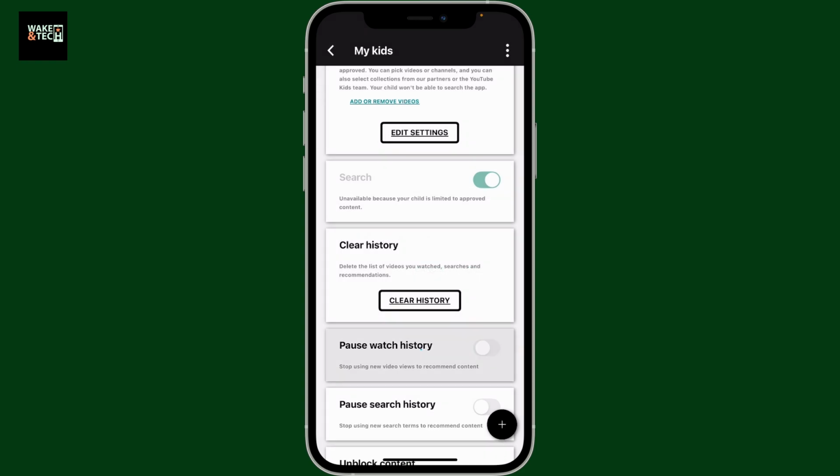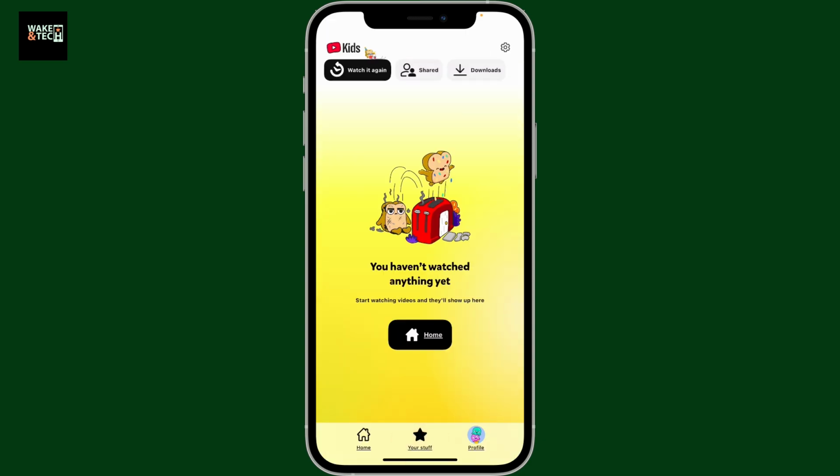You can also optionally pause the watch history by toggling the switch right next to Pause Watch History, and after you do that, from now onwards, you can pause the watch history which might be recorded from the chosen time period. This will pause the watch history and stop using new video views to recommend content. So that way you will be able to delete all of your watch history or clear your watch history on